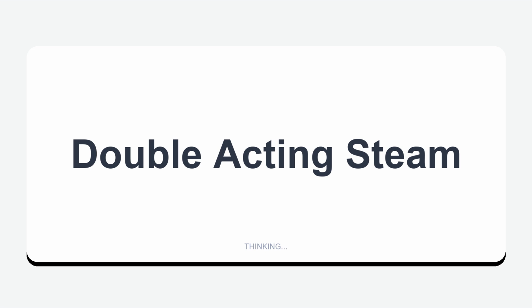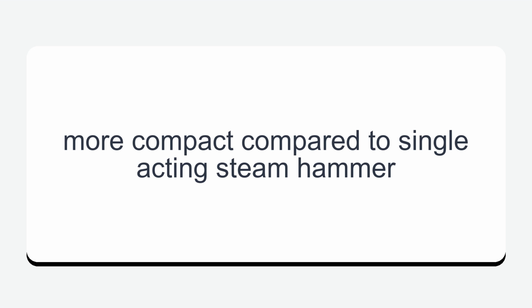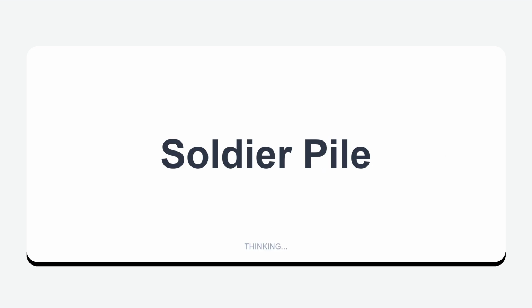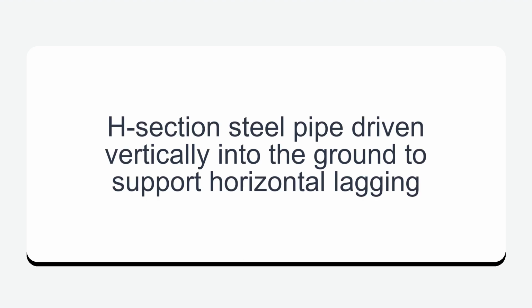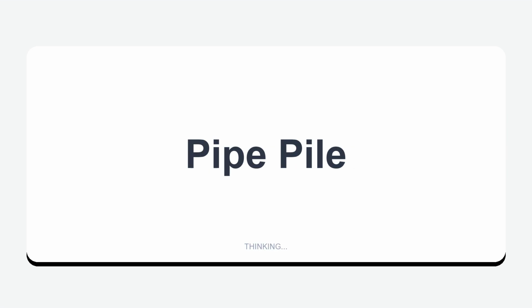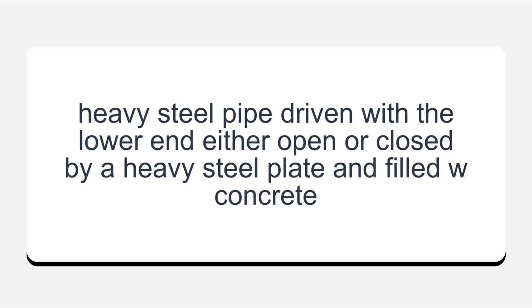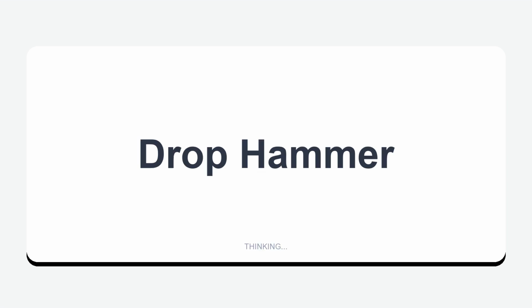Double-acting steam: more compact compared to single-acting steam hammer. Soldier pile: H-section steel pipe driven vertically into the ground to support horizontal lagging. Pipe pile: heavy steel pipe driven with the lower end either open or closed by a heavy steel plate and filled with concrete. Drop hammer: